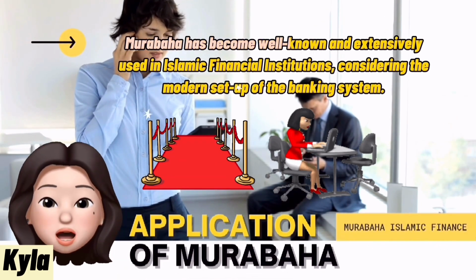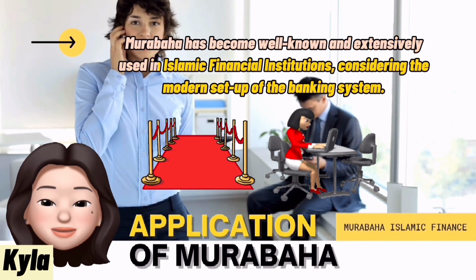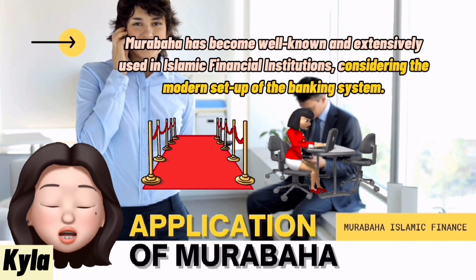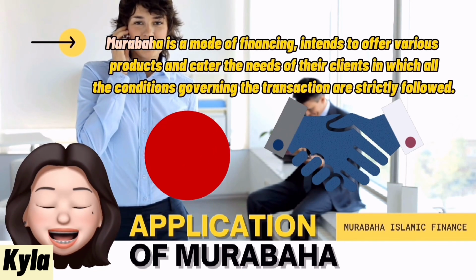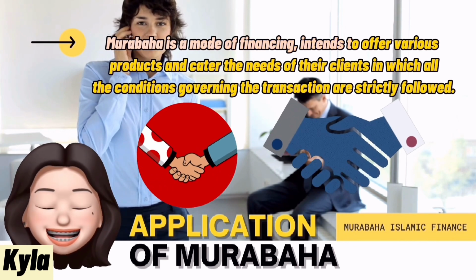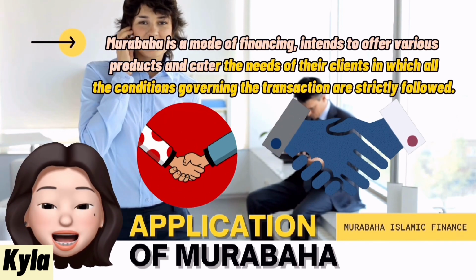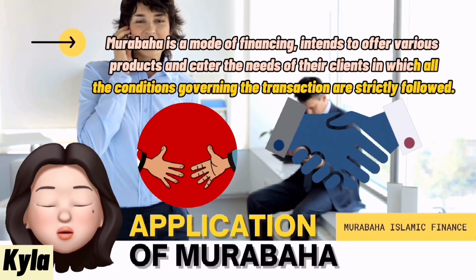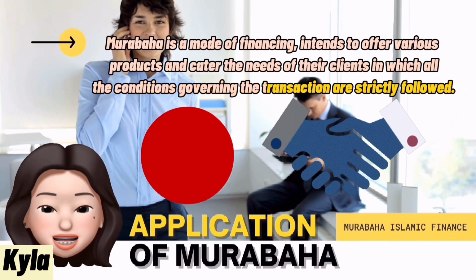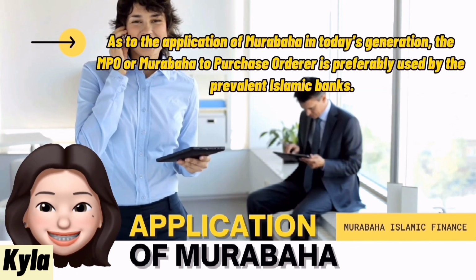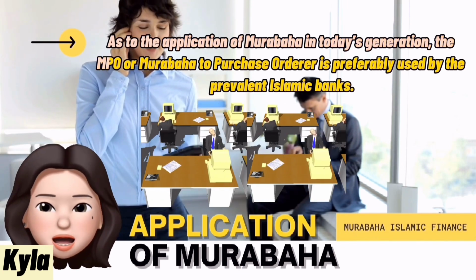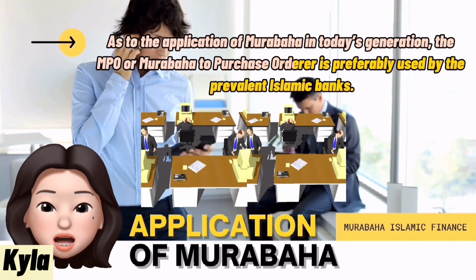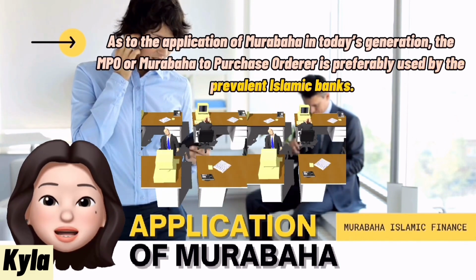Murabaha has become well-known and extensively used in Islamic financial institutions, considering the modern setup of the banking system. Murabaha, as a mode of financing, intends to offer various products and cater to the needs of their clients, in which all the conditions governing the transaction are strictly followed. As to the application of Murabaha in today's generation, the MPO or Murabaha to purchase order is preferably used by the prevalent Islamic banks,